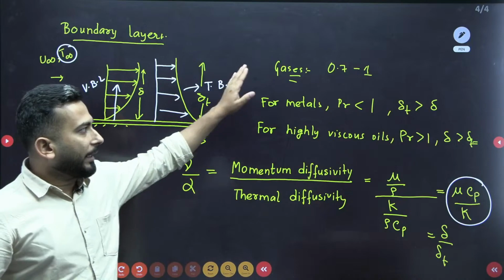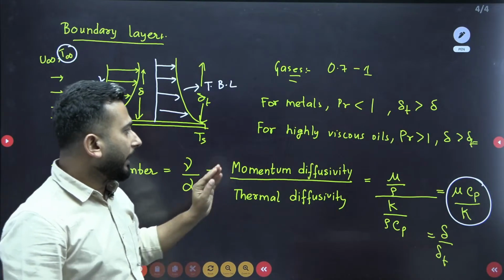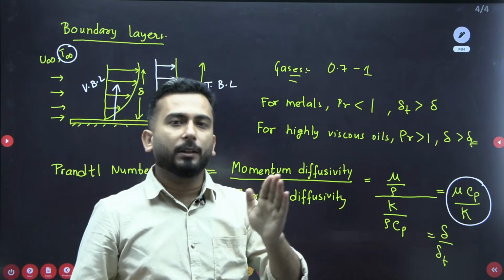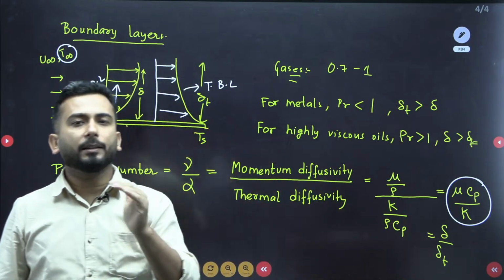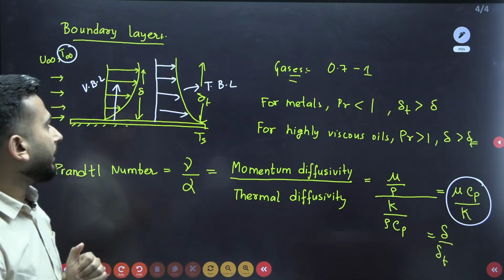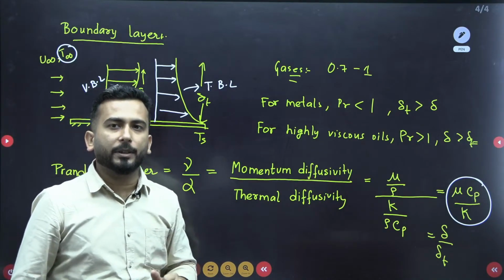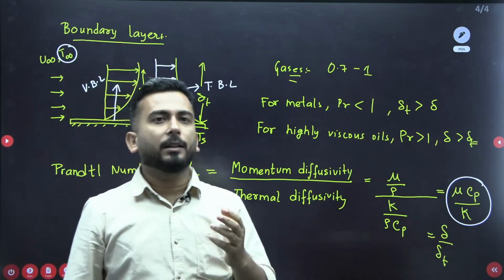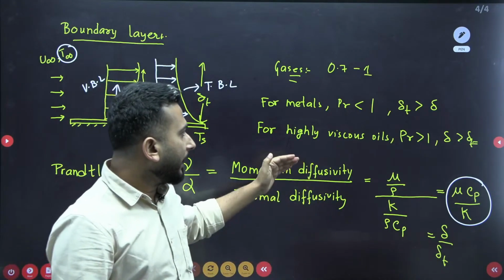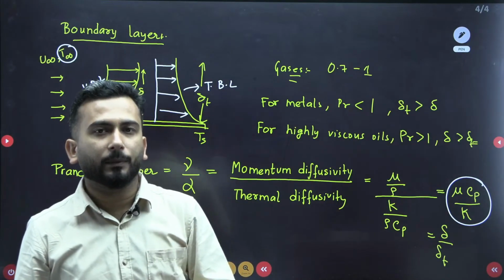So all in all, I can say that there are 3 cases possible, and the Prandtl number will give you an idea about the relative thickness of the thermal boundary layer and the velocity or hydrodynamic boundary layer. So this is the second important number that we have discussed. First one is the Nusselt number, second one is the Prandtl number, and when we discuss forced convection,